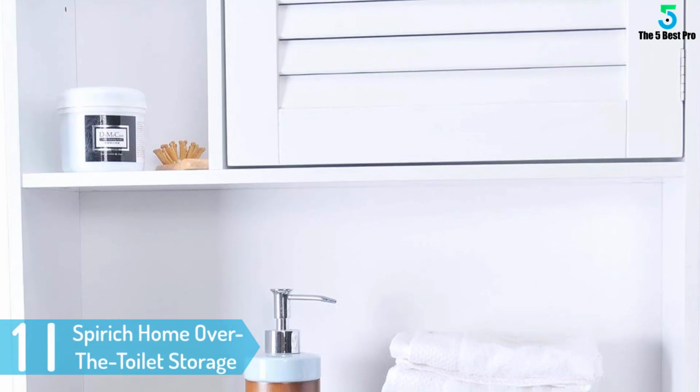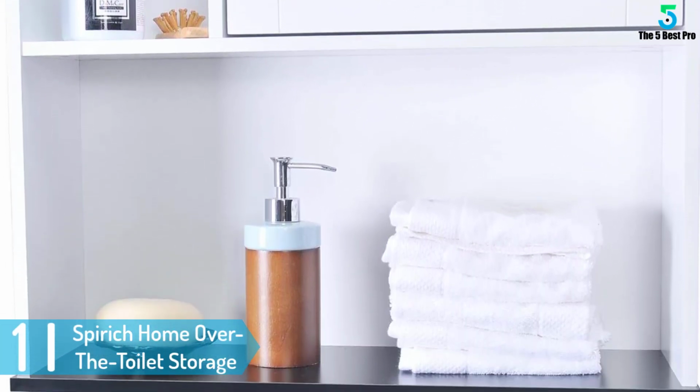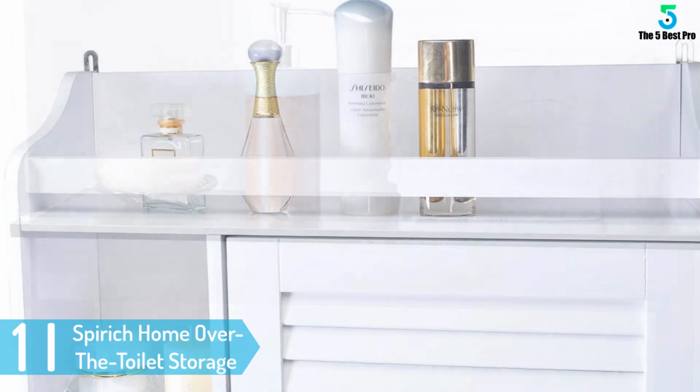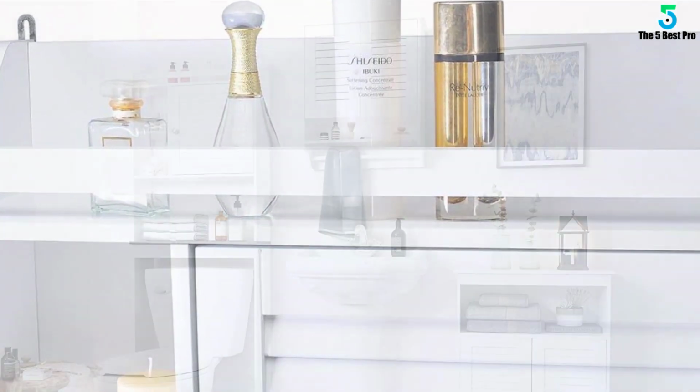And finally at number 1. Spirich Home Over-the-Toilet Storage Shelf. Maximize available space and organize your necessities in your bathroom with Spirich Home. Unlike the other brands of the same category, this one will not only occupy unused space but also provide display